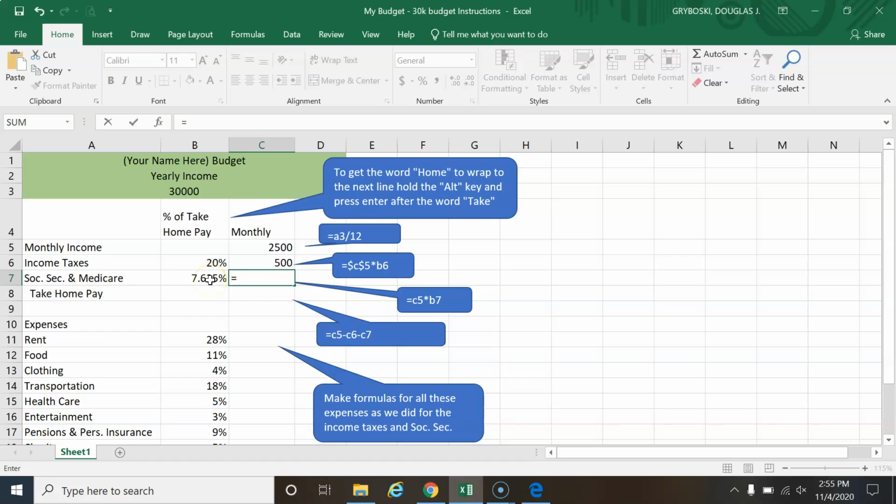We're going to click on C5 and multiply it by the cell next to me, which is B7. C5 times B7. And when I hit enter,